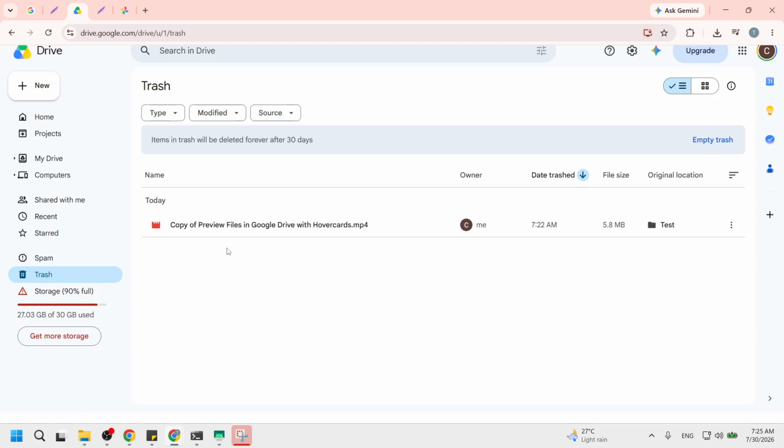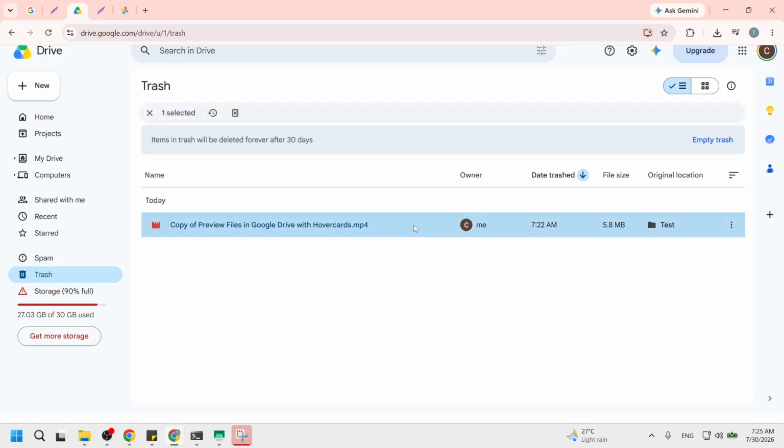After you select Trash, the main area changes to show only the files and folders that were deleted within the last 30 days. You might see different file types here, like documents, photos, and videos, all mixed together. Near each file, Drive also shows when it was deleted, which helps you confirm that the video is still inside that 30-day recovery period. Now, locate your video file in the trash list.